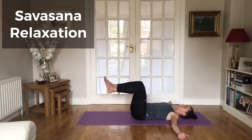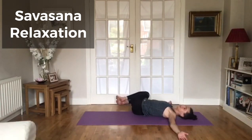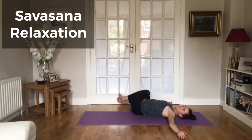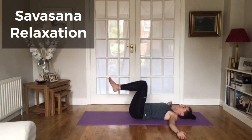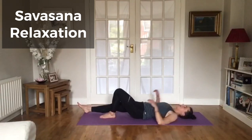Inhale, bring the knees to center again, and this time we'll go in the opposite direction, rolling the knees out to the right hand side, gazing the opposite direction if it feels good. Trying to keep both shoulders on the mat as we twist. Bring the knees back to center, soles of the feet find the mat, and we're coming into our final,